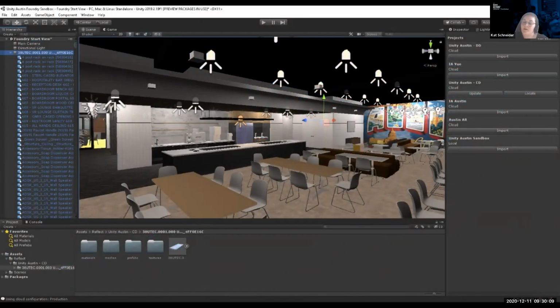And then where we are at now and what we are also really excited about. So everything up until this point in our presentation has been what you can do in the Reflect viewer without any customization. But an incredible thing, having been burned in the past in this conversion, is we can actually take our BIM data, the lighting information that we build into the file, materials, and we can port it into the Unity editor very quickly. So this Reflect actually shows up as a package within the editor, and then you're able